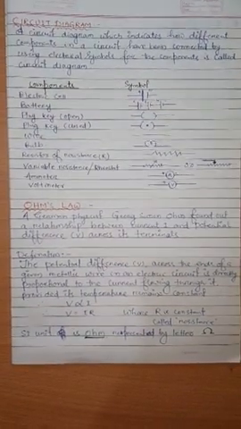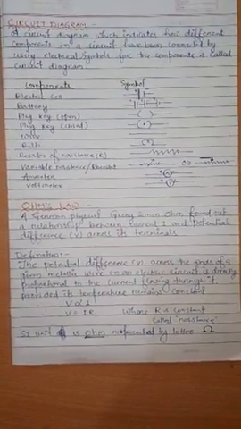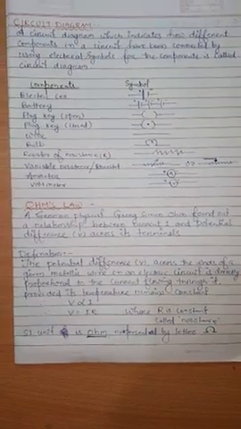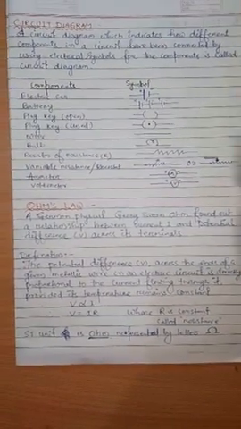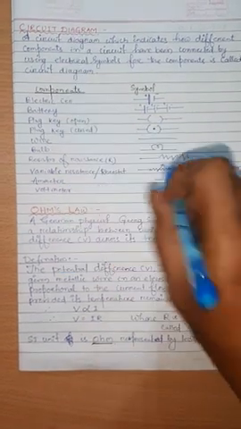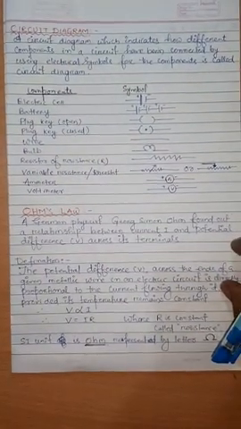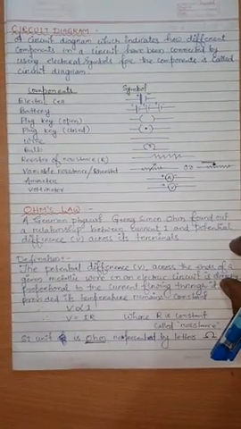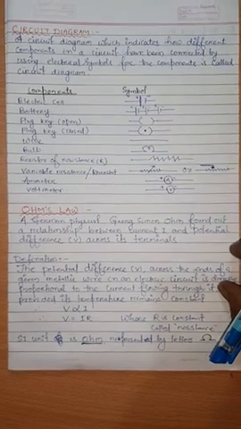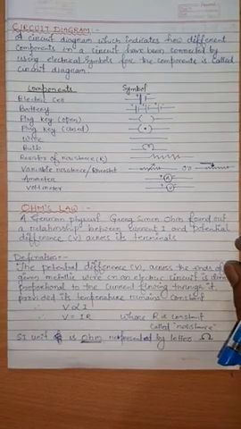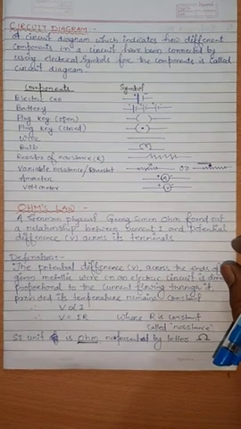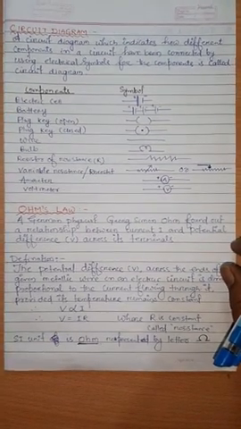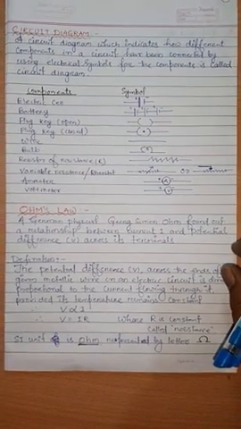Good morning, students. Today we are going to start and discuss the next topic of your physics, that is circuit diagram. So what is a circuit diagram? A circuit diagram indicates how different components in a circuit have been connected using electrical symbols for the components, and it is called an electrical